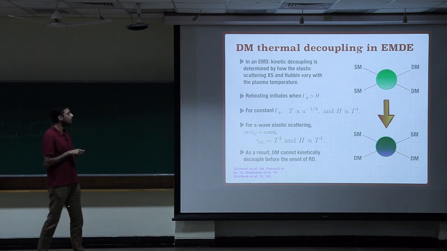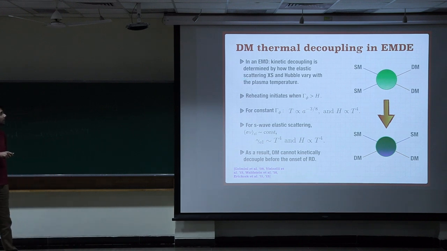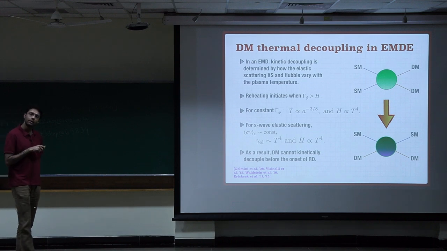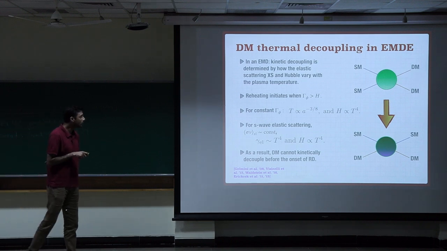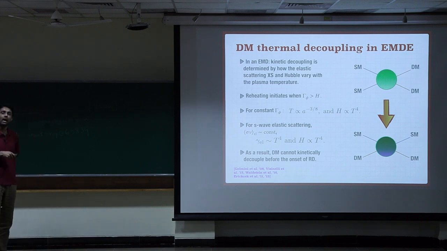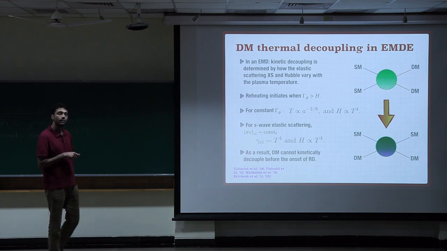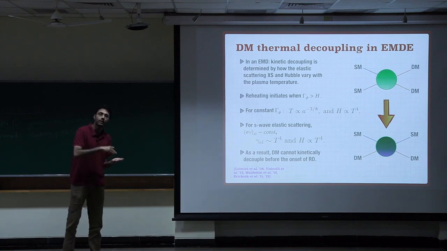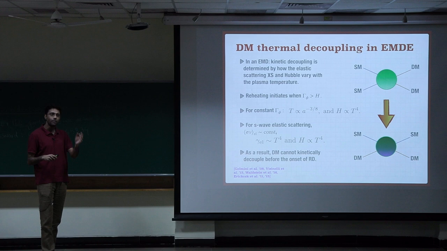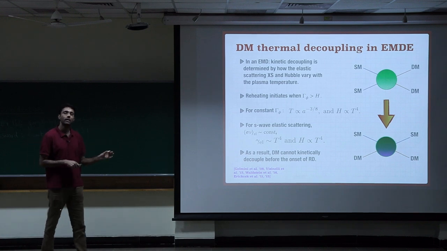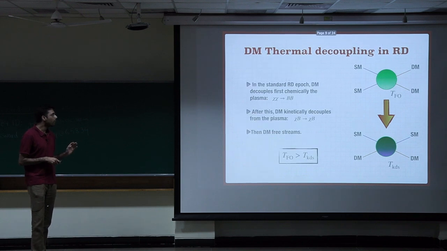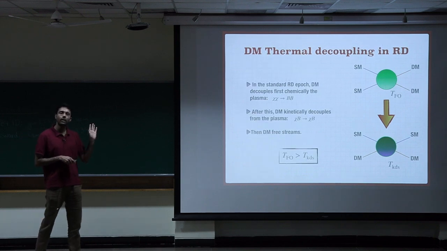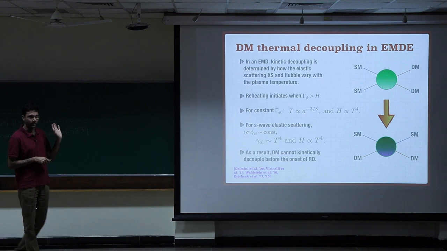But there is one thing that is quite crucial in this case: the Hubble rate is changing, because an intermediate matter domination would change the Hubble rate, as well as how the elastic scattering changes over temperature. So having an intermediate matter domination, as we saw, the temperature can increase or decrease. That means the temperature variation in an intermediate matter-dominated era has non-trivial values compared to the radiation-dominated one. Radiation-dominated Hubble always goes as T squared, right?